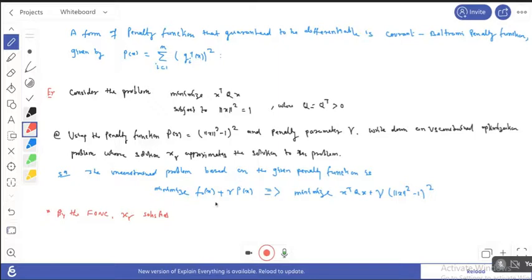Okay, so what is the derivative? If that is your function f(x), the first order condition is f'(x) equals zero. So if we differentiate this, x transpose Qx is a quadratic form,